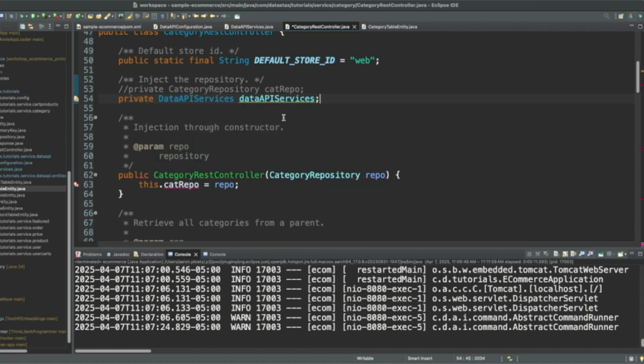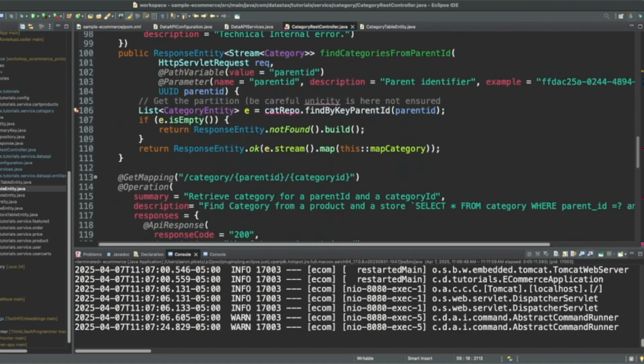Let's import that. We'll inject the data API services object as a repository, and Spring will wire that up for us automatically.